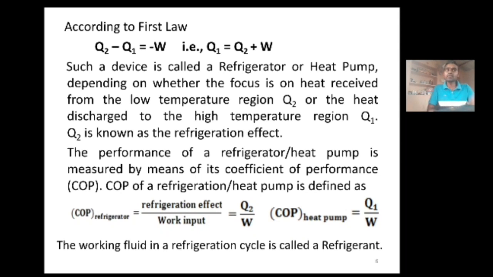In the case of a heat pump, it is the amount of heat pumped into the outer atmosphere, that is Q1 by W. Now these refrigerators and heat pumps are as good as an AC. Since our country is on the equatorial plane, it is mostly sunny and hot throughout the year, so here we use refrigerators. If we move north along the geography, the countries are quite cold and the temperature is very low throughout the year. There they use room heaters, and that is an example of a heat pump. As simple as that.